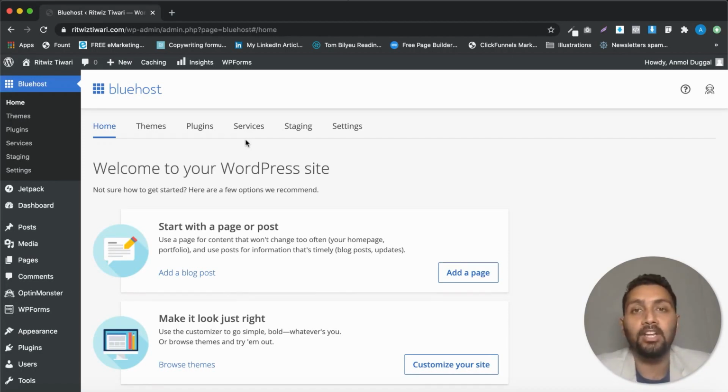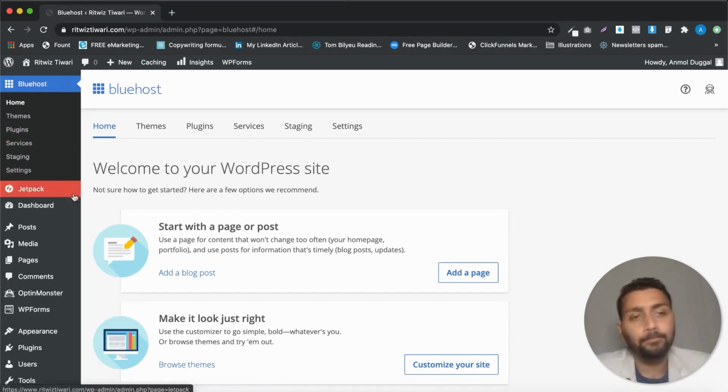Like if you want to integrate your email marketing software with your WordPress website, you will have to get a plugin for that. If you want to check the analytics of your website, like how many visitors you are getting daily, then you need a plugin for that. If you want to check if your website is optimized for SEO or not, well, there has to be a plugin for that as well.